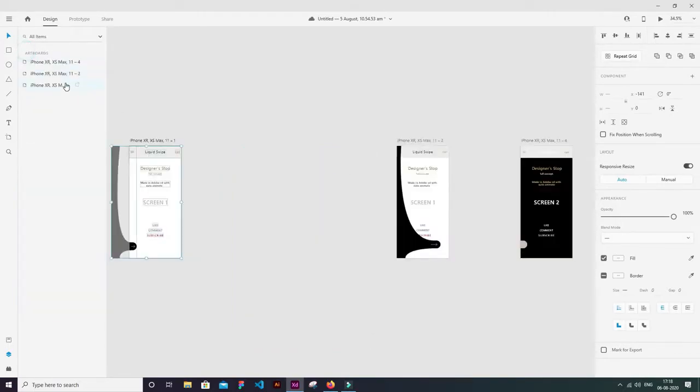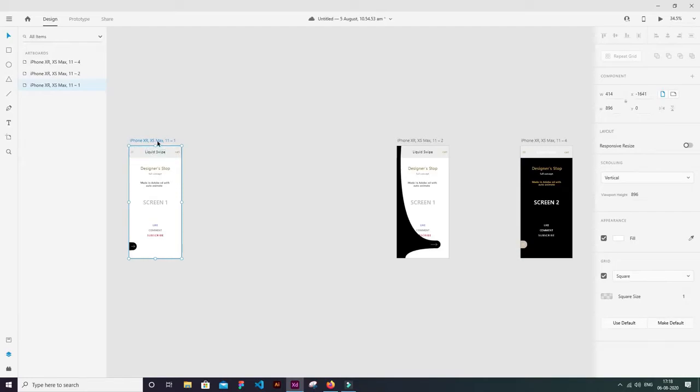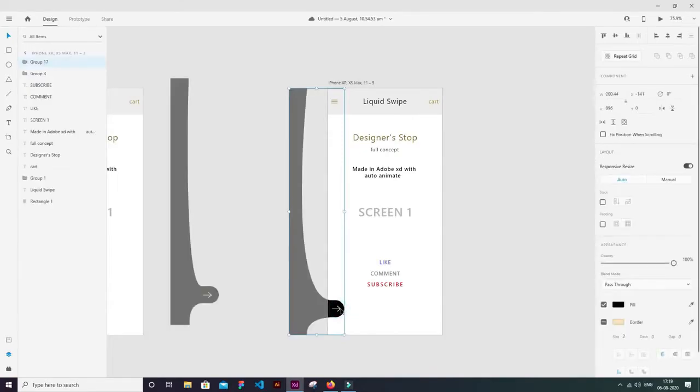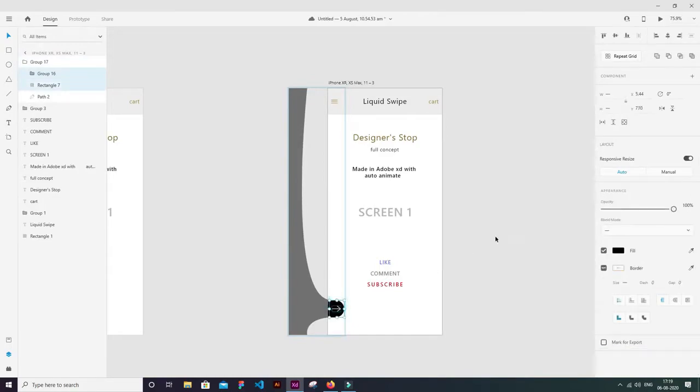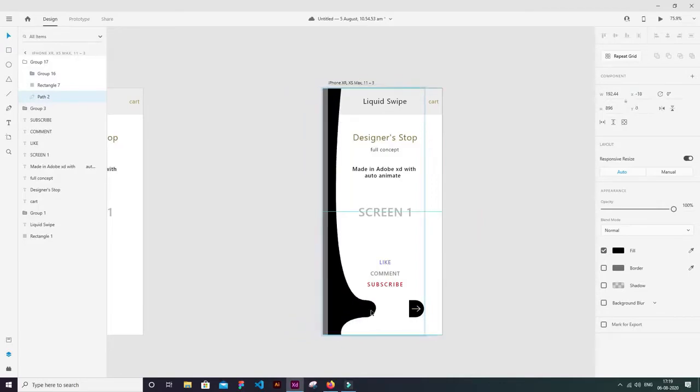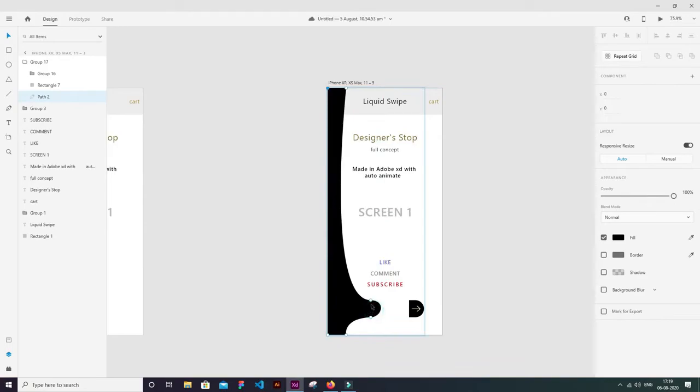go back, select iPhone 1 or your artboard, Ctrl C and Ctrl V. Select this arrow and this rectangle, move it here, then move this to x 0.